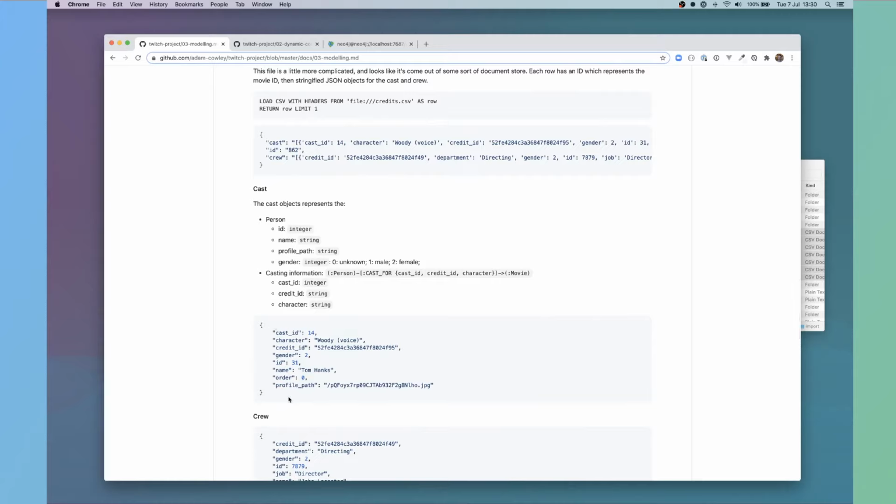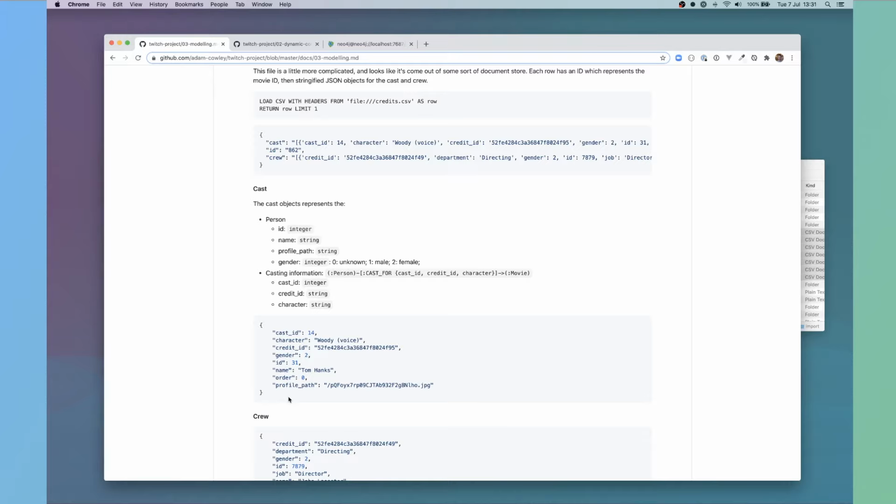each of the values looks a little bit like this. We have information about a person, for example the name and the ID. The ID is a unique identifier for that person, and the name is a string. There's also a profile path, which relates to an image somewhere, so we'd store that data in there. And then gender, which is like an encoded value. It looks like some sort of foreign key from the original data set. To me, it looks like 0 is unknown, 1 is male and 2 is female.